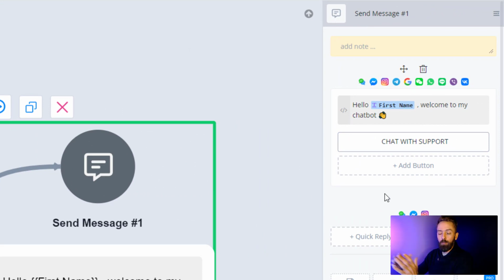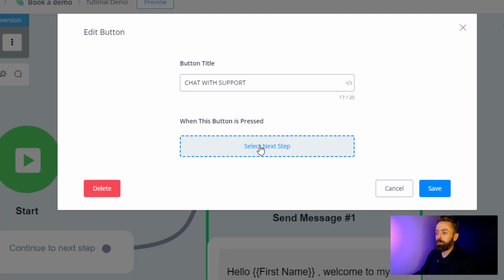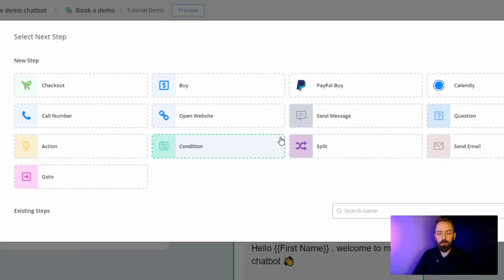We can move them on inside of this actual flow if you wish, or we can do so much more with it. So let's go back and click here. When this button is selected, what do we want to happen? You can do many different things. You can add to checkouts, go to the buy button, PayPal, Calendly, call a number, open a website, send messages, questions, actions, which we're going to come onto in later videos, split testing, sending mails, and also go into existing flows or existing nodes